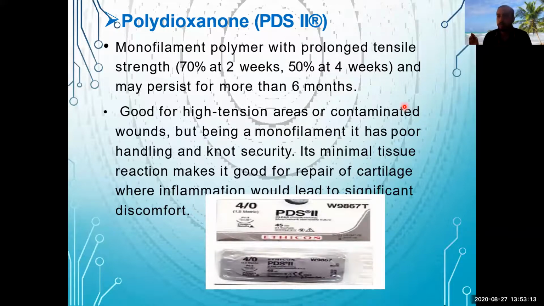Suppose we are going for a laparotomy for infective peritonitis, whatever be the reason. In this kind of case, the chances of the wound getting infected are much higher. So in this kind of case, when we close the abdomen, it is better to close it with PDS, polydioxanone. We can use Vicryl also, but there is a chance of wound disruption, so we better use polydioxanone.